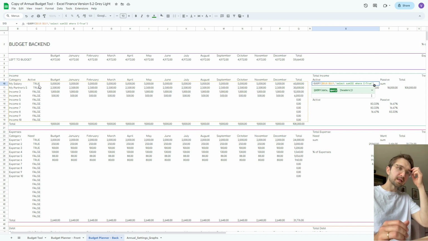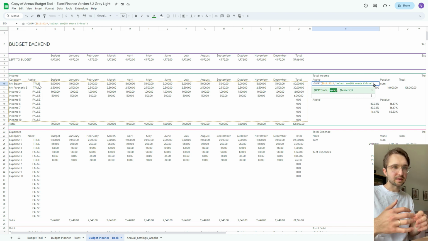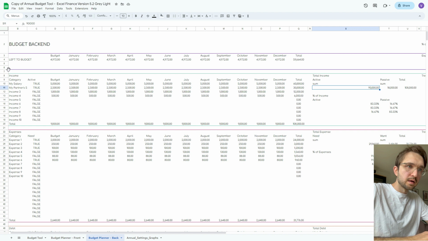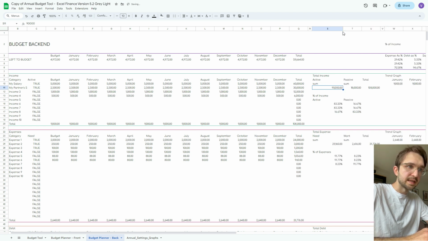And this is obviously really simple yet quite powerful, because we don't have to use the filters, we don't have to use any sort or group function. So just purely selecting the whole range, selecting the sum of column Q, and then where C equals true, which means that this is column C, and this is where the tick boxes are. Just by pressing enter,